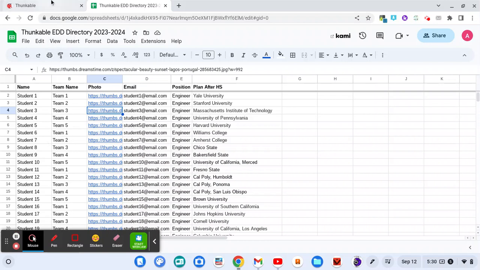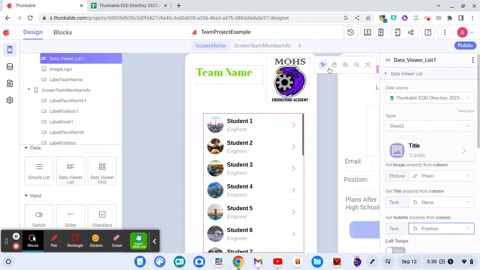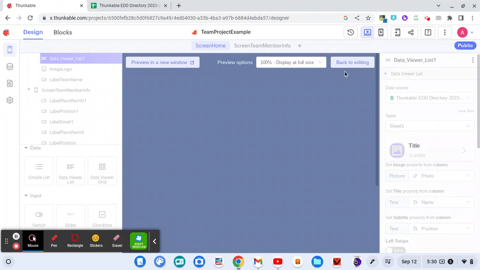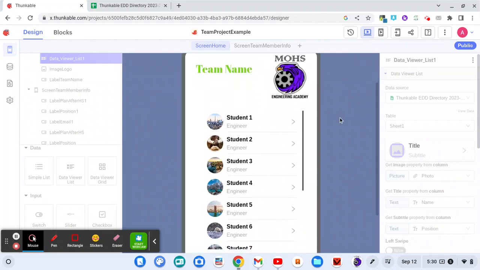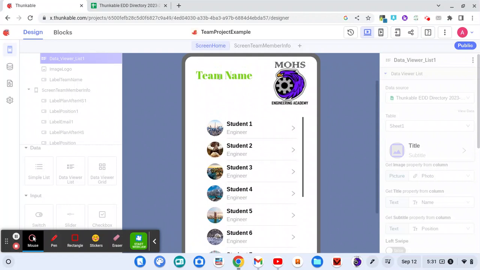Okay, and if you went back to your app and tried to preview the app so far, it takes a little bit of time. There we go. So this is our home screen right here, with our team name and the logo, and then it has each individual team member. And of course, when you click on the arrow here, nothing happens yet because, surprise, surprise, we have to code